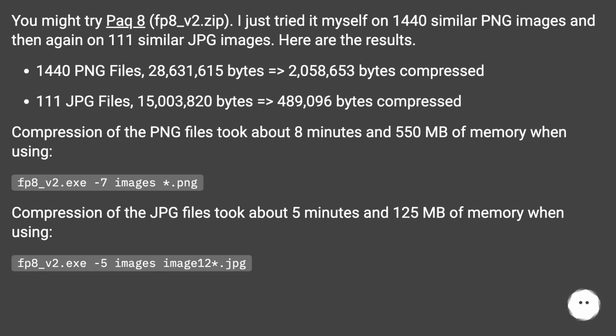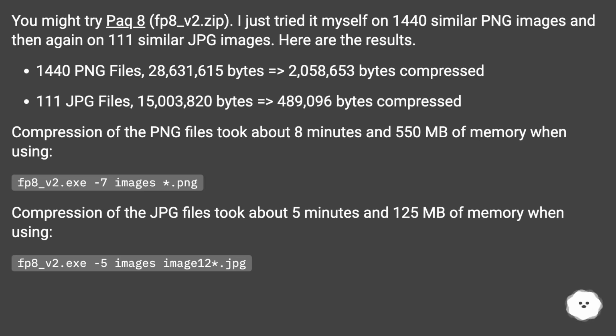Here are the results. 1440 PNG files, 28,631,615 bytes equals 2,058,653 bytes compressed. 111 JPG files, 15,003,820 bytes equals 489,096 bytes compressed. Compression of the PNG files took about 8 minutes and 550 MB of memory when using